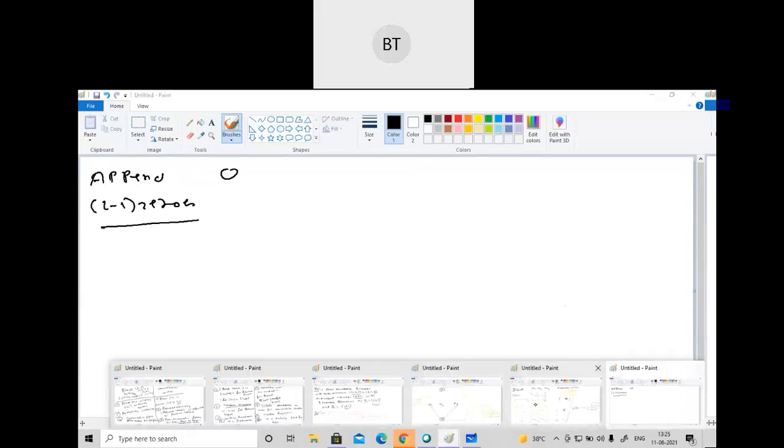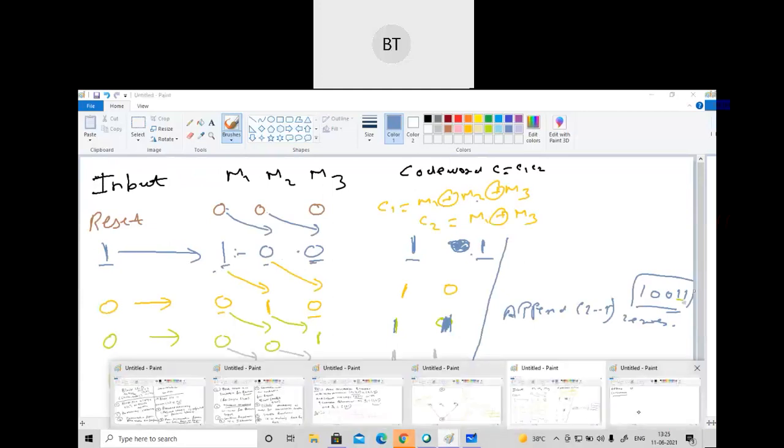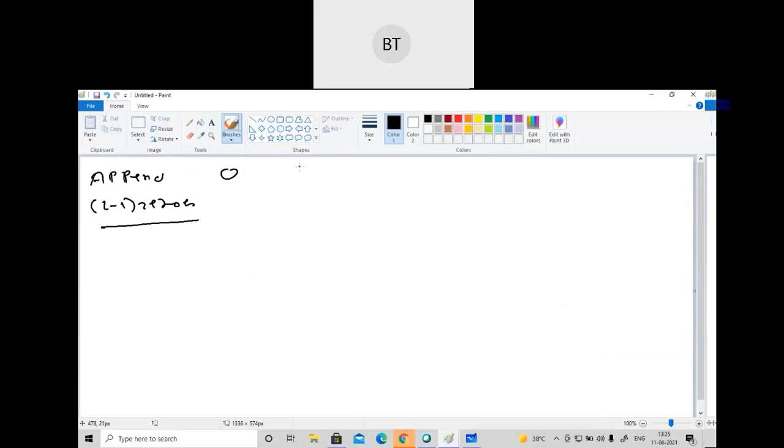If you can see in our last step what we have done, we will add here 0. So when we add 0 here, what will we get? We will get 0 1 1, and M1 XOR M2 will be 1 1 1 0 and 0 1 1. Now it is correct. Now one more time we will add 0, and here we will see 0 0 1, and here 1 1. So now why have we added that 0?